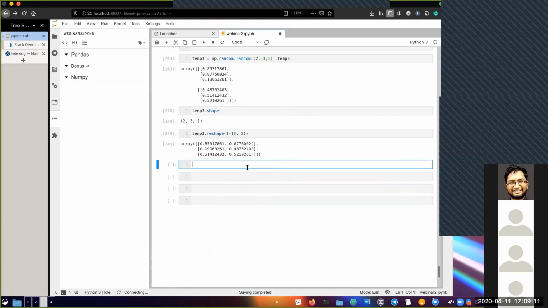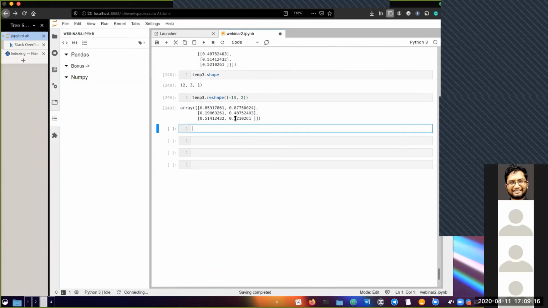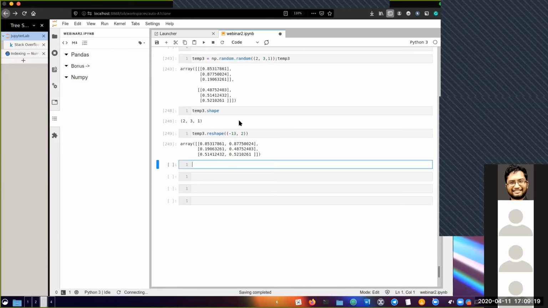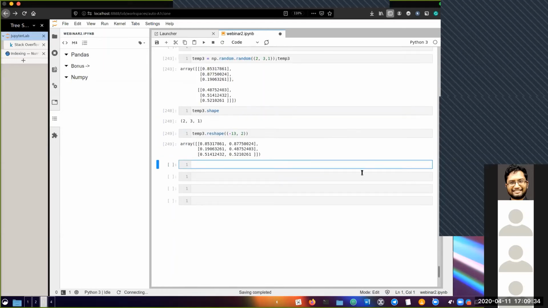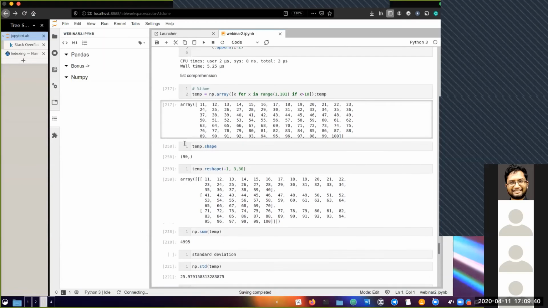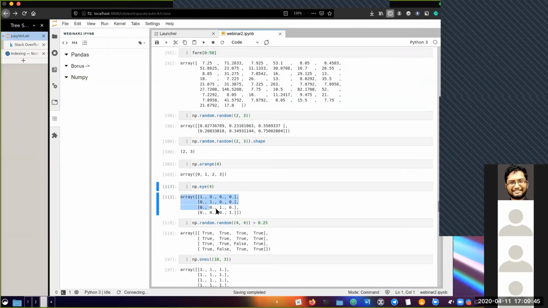Okay, moving on. Another very useful thing in NumPy is something called an identity matrix. If you have heard of this term before, that's cool. If not, all it is is a matrix. Suppose I take this as an example. If I want a matrix where my columns are 1, have a look at this. My diagonals are 1 and everything else is 0. This is called an identity matrix.